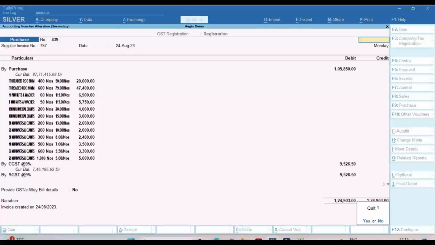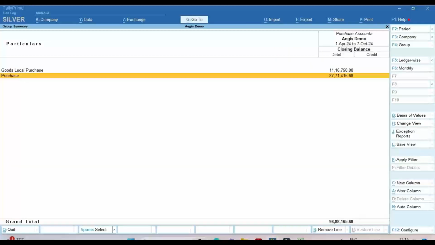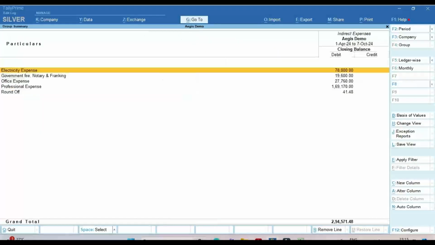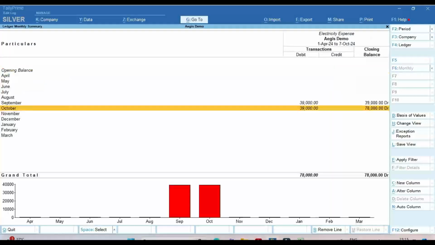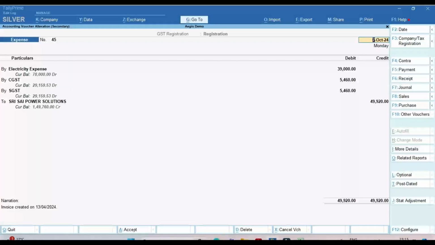Now let's see a few of our expense entries. This is our first entry with the electricity expense with the CGST, SGST amount and the vendor's name.